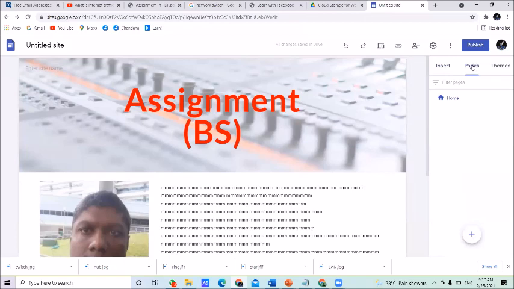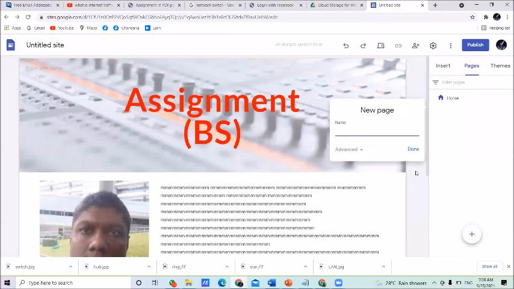You are going to add pages. Therefore, click on here, pages. Right. Once you click pages, then you will see all the pages available in your e-booklet. Already you have only one page. Now you are going to add the second page. Once you click pages here, at the bottom you can see a plus mark. Click on this plus mark.